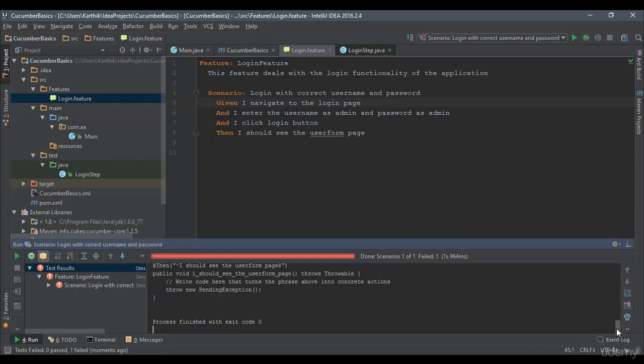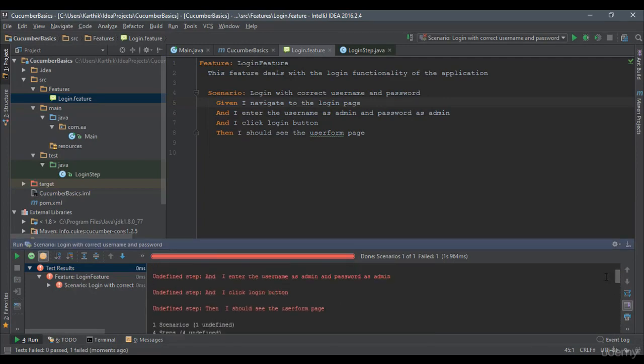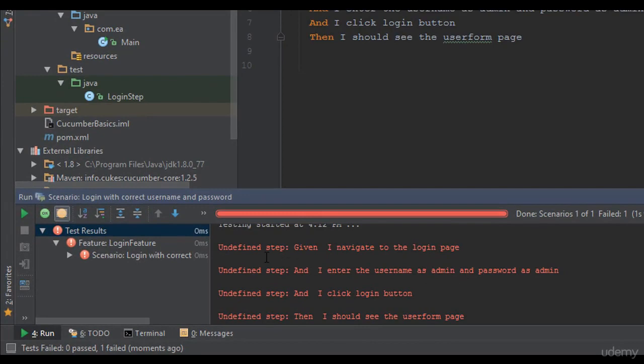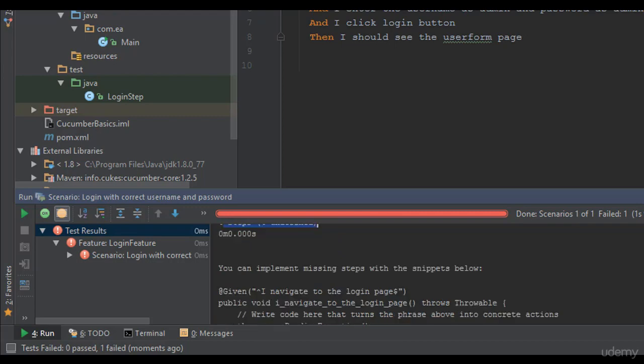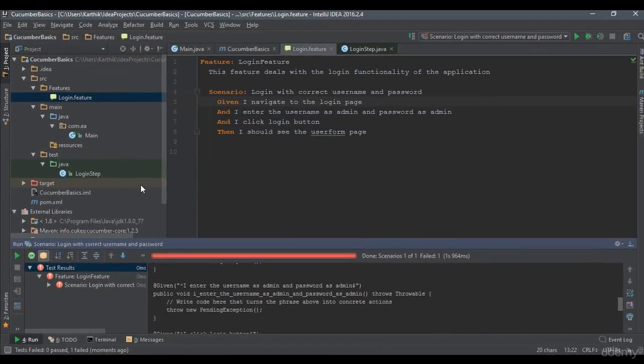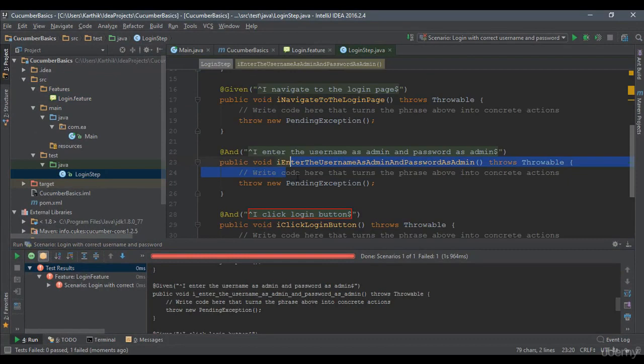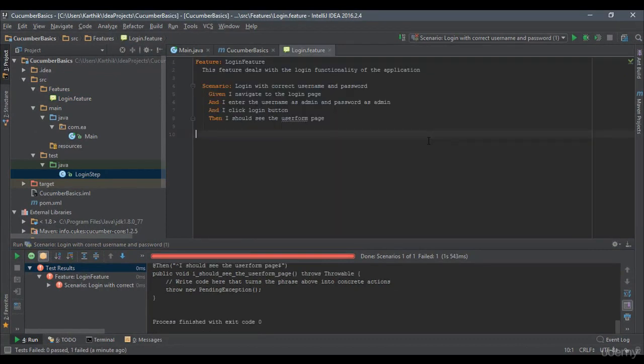And you can see that it is throwing us some error here. And it says that undefined step, given I navigate to the login page, undefined step, and I enter username and password as admin. So all these steps are being undefined. So there is one scenario executed and 4 steps undefined, and it took some 0 milliseconds, which is so crazy. And if I go to the login step, you can see the reason is because we need to map